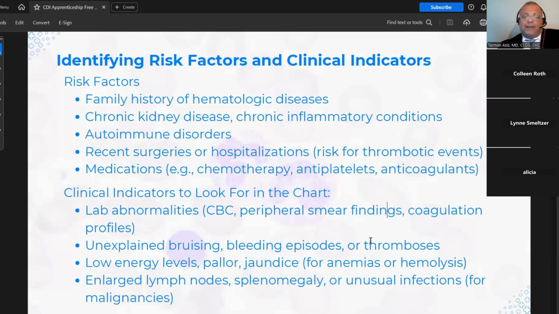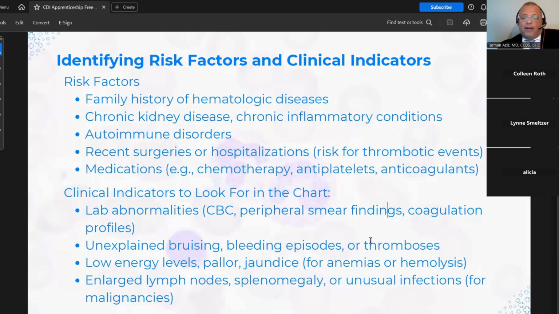Clinically, you might see unexplained bruising, bleeding episodes, or even thromboses. There can be low levels of energy because of poor oxygen delivery. The skin can appear pale. If you have anemias that feature a lot of hemolysis and breakdown, remember that the patient can become jaundiced due to an excess of bilirubin. You can eventually exceed the conjugation system to make bilirubin water soluble. And then finally, enlarged lymph nodes,